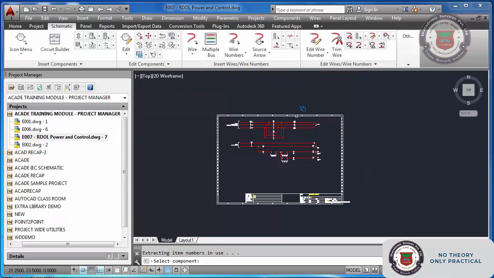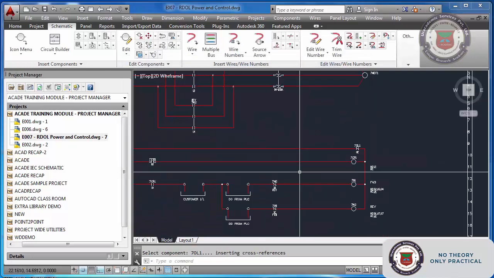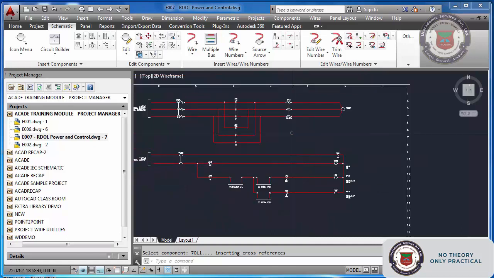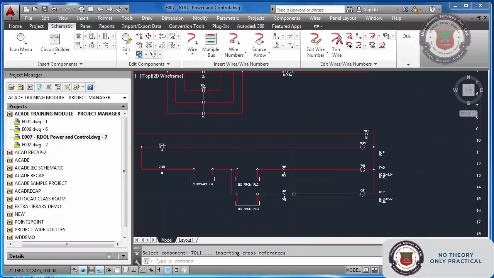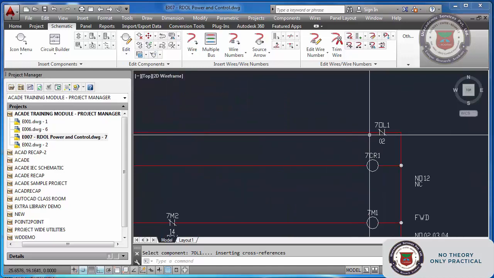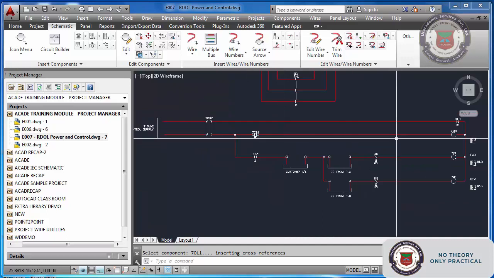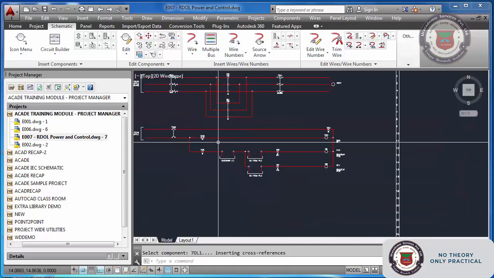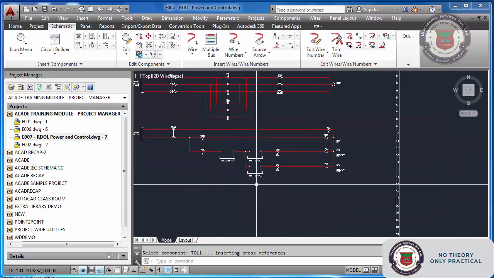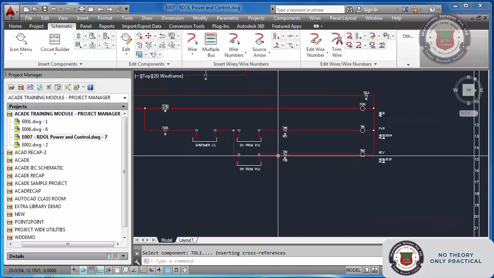Parent, I will choose this one. So the moment the overload trips, the whole circuit will get tripped. Okay, that's my intention. Many people use overload in phase also. Now here I have inserted this in neutral. Many use it in phase as well. The standards are different. So this is all about inserting this.